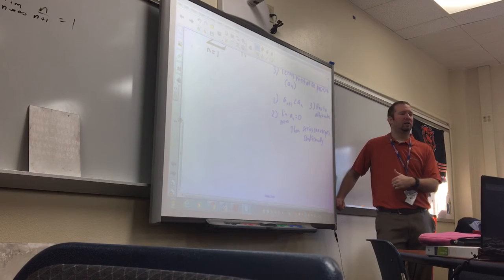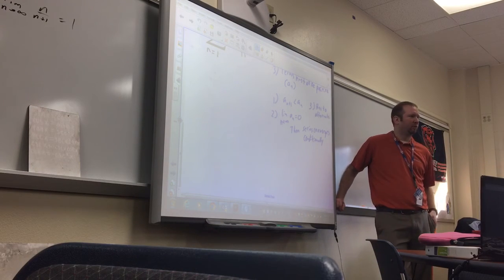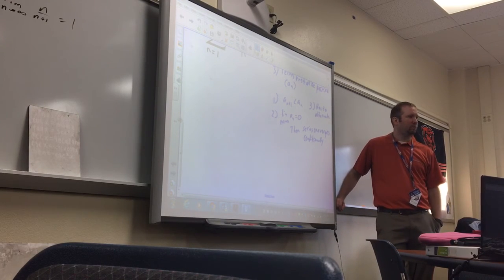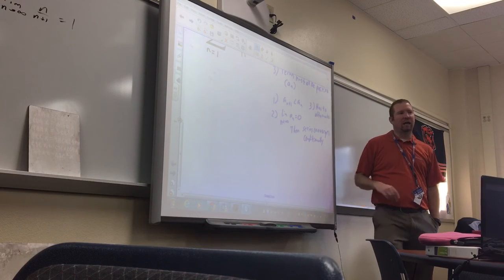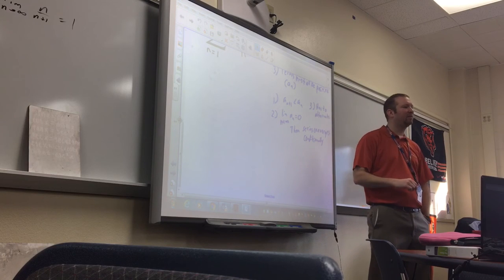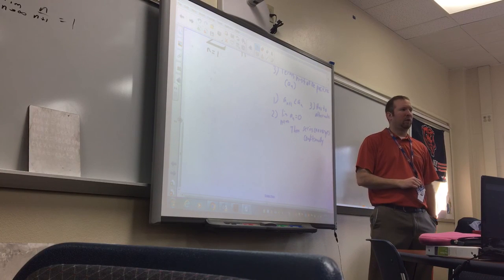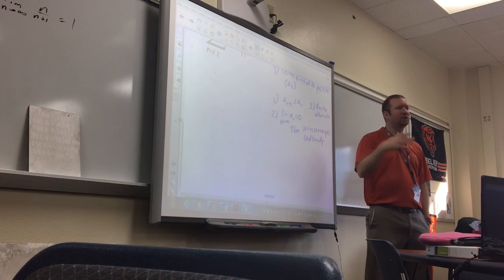If this series didn't alternate, it would diverge. Okay, so the difference between these two problems we looked at is that 1 over n to the 3 halves converges absolutely. That series converges whether or not the